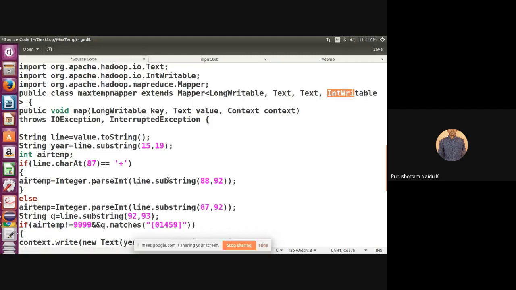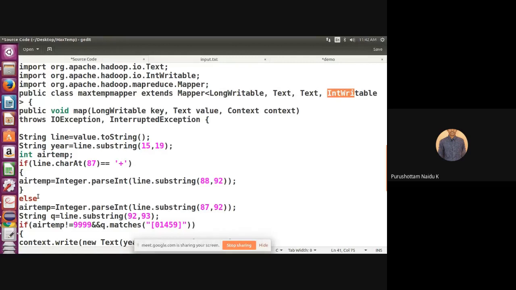Okay, we extract the temperature from 88 to 92, which is maintained in a variable called airTemperature. Now what does airTemperature contain? If charAt 87 is a positive sign, then we get the value from 88 to 92. If charAt 87 is negative, we have to display it including the sign symbol.